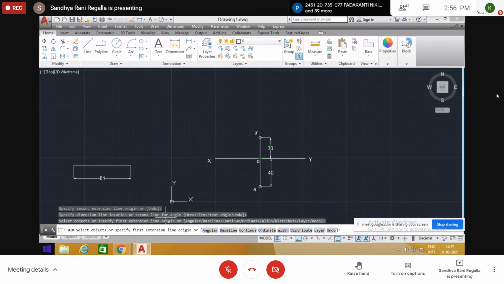And fifth one is line inclined to both planes. So total 4 or 5 positions are there.